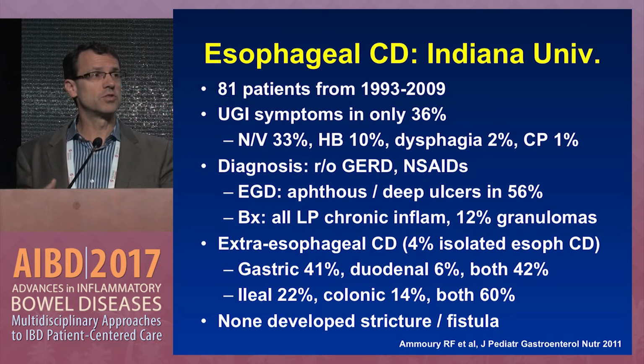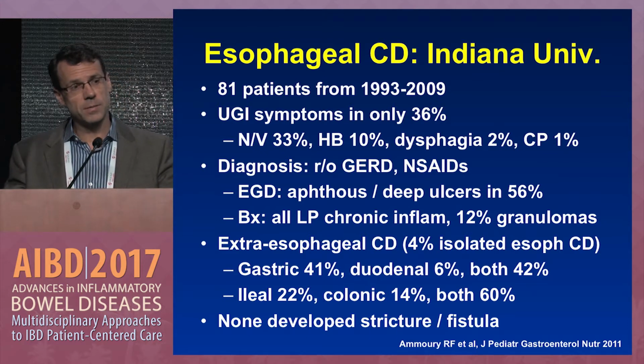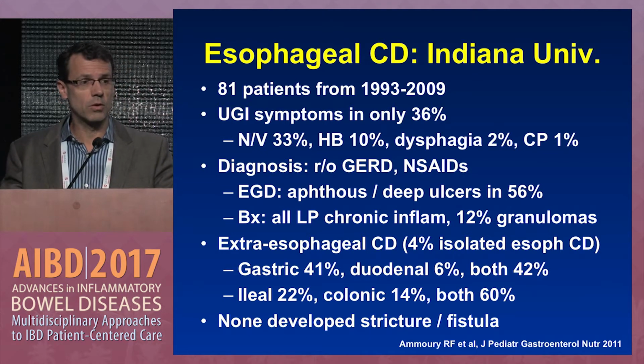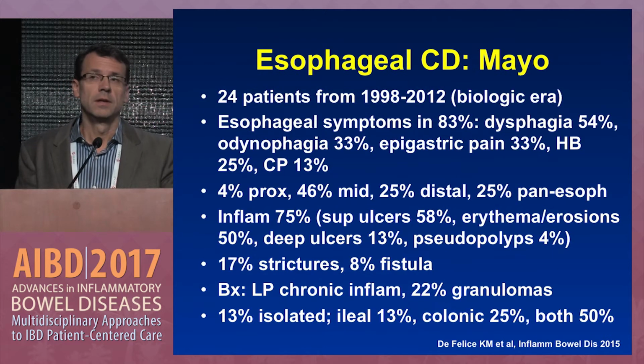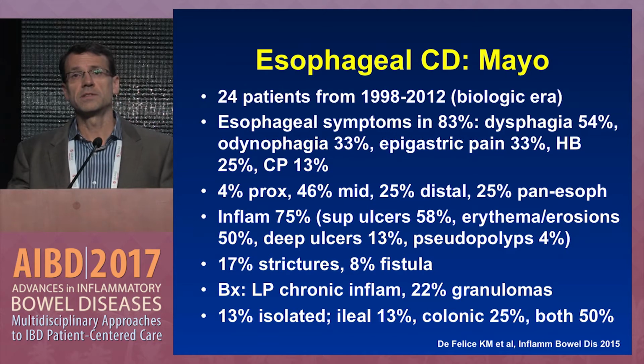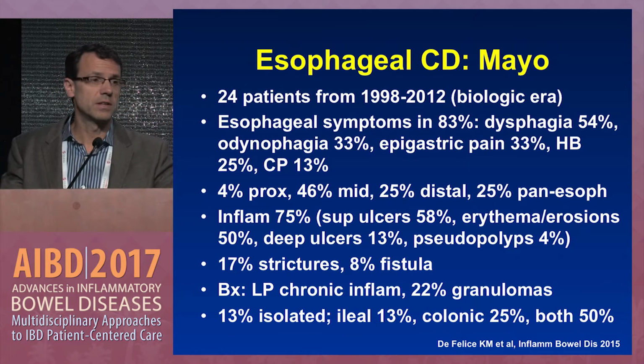And the overwhelming majority of patients had disease outside of the esophagus as well, in both the stomach and/or duodenum and the ileum and/or colon. Fortunately, none of these patients developed a stricture or fistula. In the Mayo Clinic experience in the TNF era, this is from 1998 to 2012, they identified 24 patients who